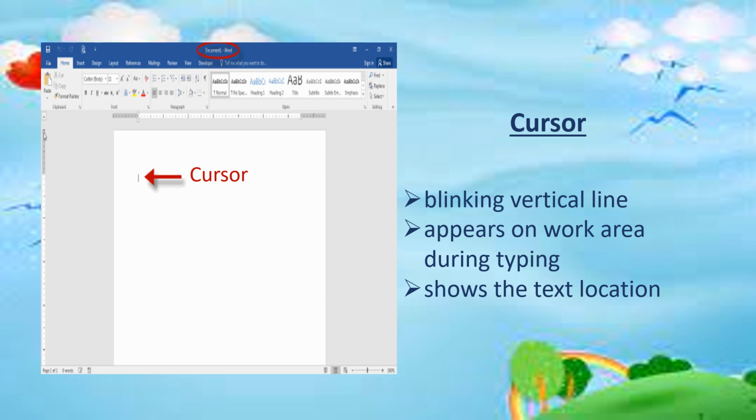In the same way, MS Word has a cursor. It is a blinking vertical line. It appears on work area during typing, and it also shows the text location on your work area.